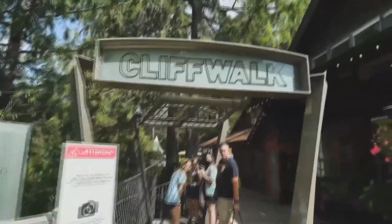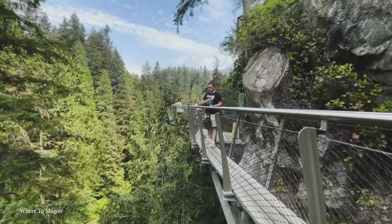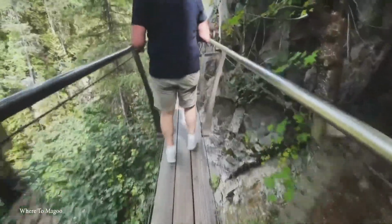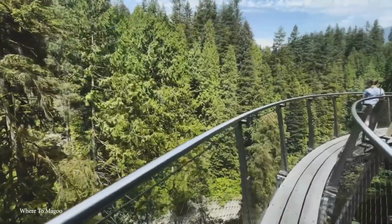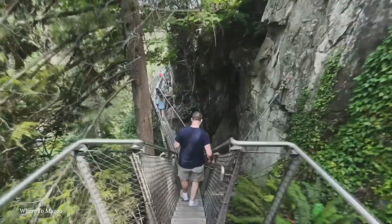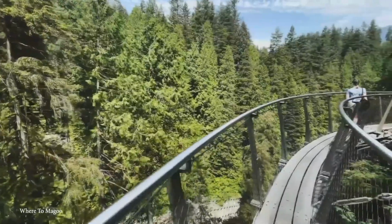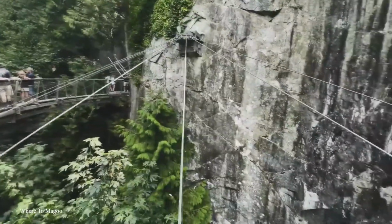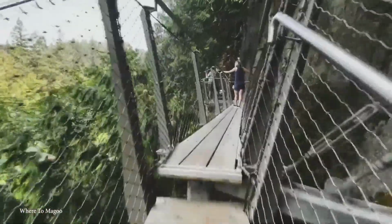On the west side of the bridge lies the Treetop Adventures Canopy Walk, featuring 8 wooden bridges suspended between massive Douglas fir trees over 100 feet above the ground. These bridges are secured to the trees using specially engineered steel collars, which, when removed, leave no damage to the host trees. Not to be outdone, in 2011, the vertigo-inducing cliff walk was introduced on the east side of the